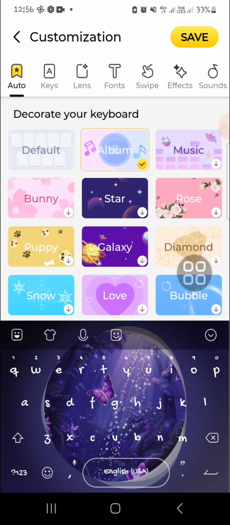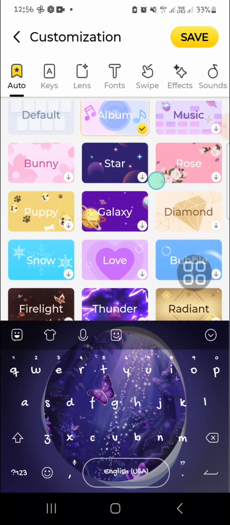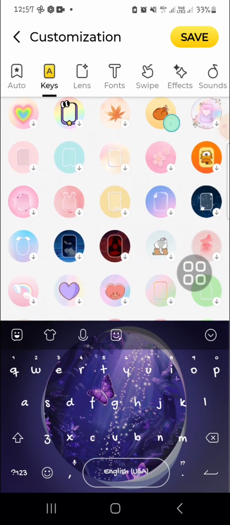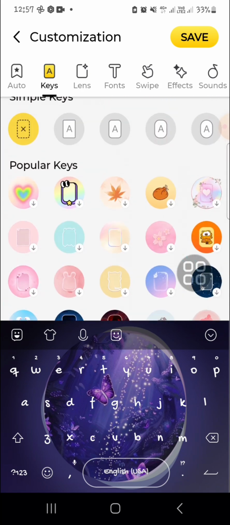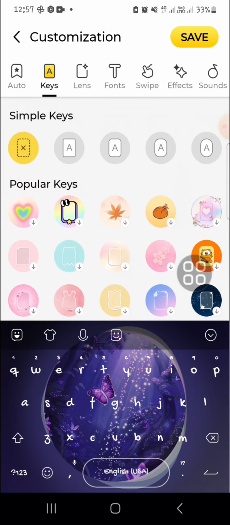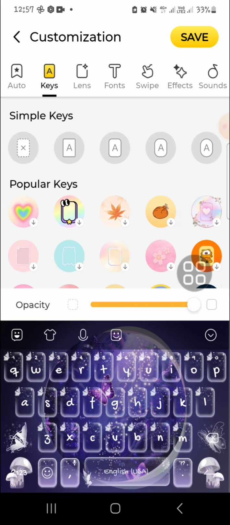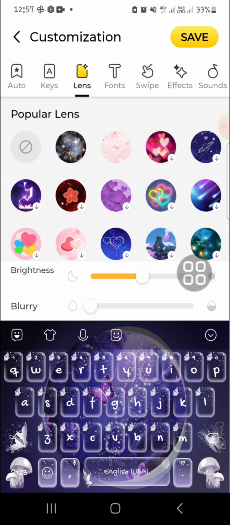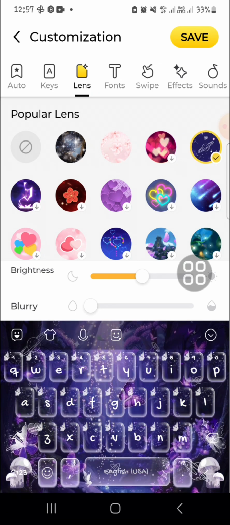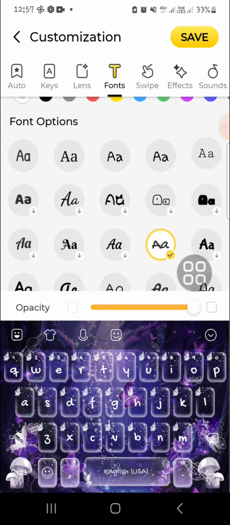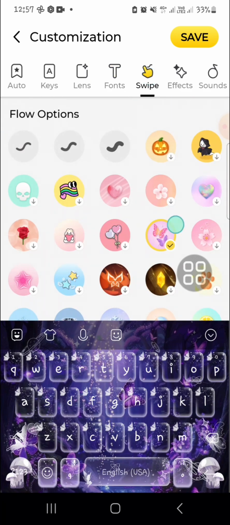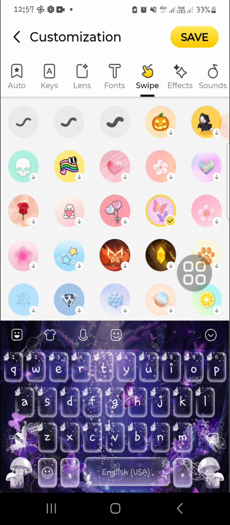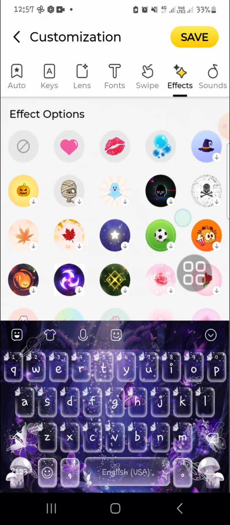Okay, and here we can decorate our keyboard. We can select the keys right here. For the keys, I'm going to use for instance this one guys, and then we'll be able to customize the lens as well. I'm gonna choose this one. All right, and for the font, I'm gonna choose this one. And for the swipe, I'm gonna choose butterfly. Oop, it's already butterfly. And the effect, I'm gonna select